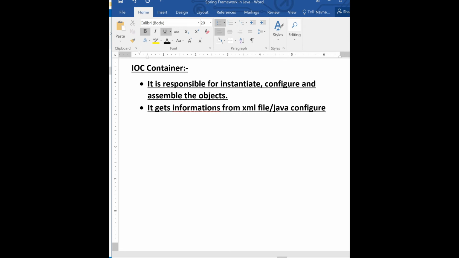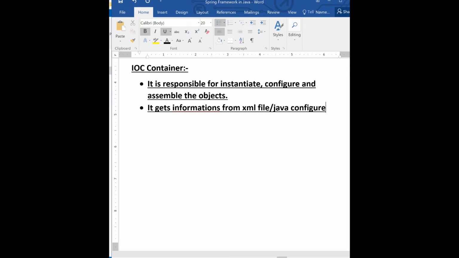We have both. In the previous generation of the Spring framework we used to get the information from XML. Now we also have Java, so we will understand both. We will first understand XML configuration, and then we will learn Java configuration.